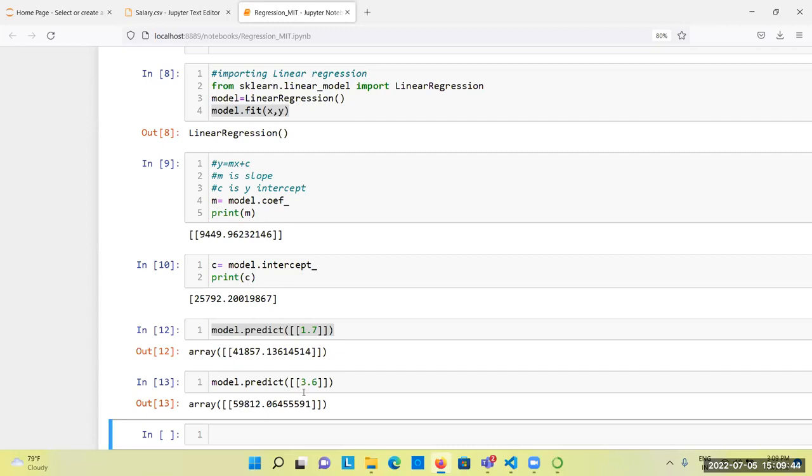Okay. Then we can go for multiple linear regression. Actually, time is 3:10 now. So we can go for